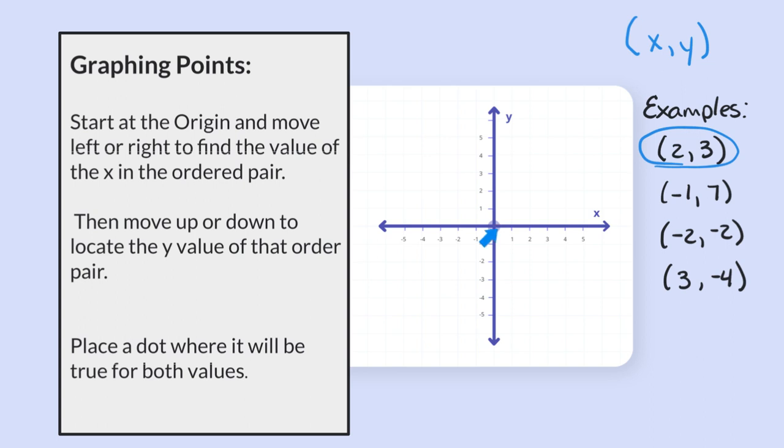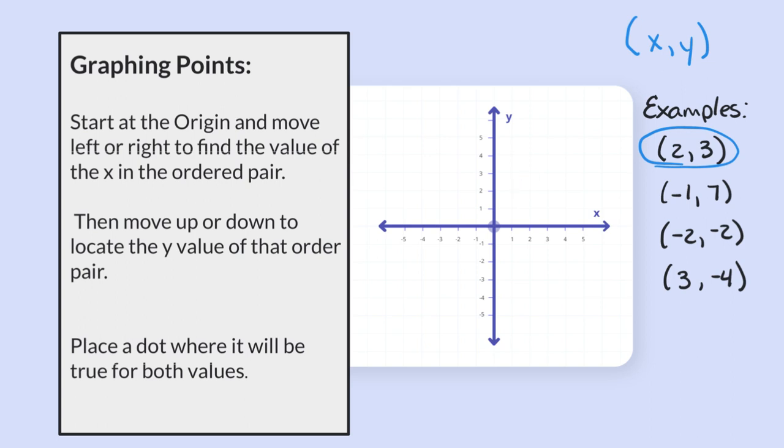So we start at the origin, and we're going to go to our x value first. So I'm going to go over to 2. Well, my y value is 3. So I'm over to 2. I go left and right. And then now 3, I have to go up. 1, 2, 3. So right here